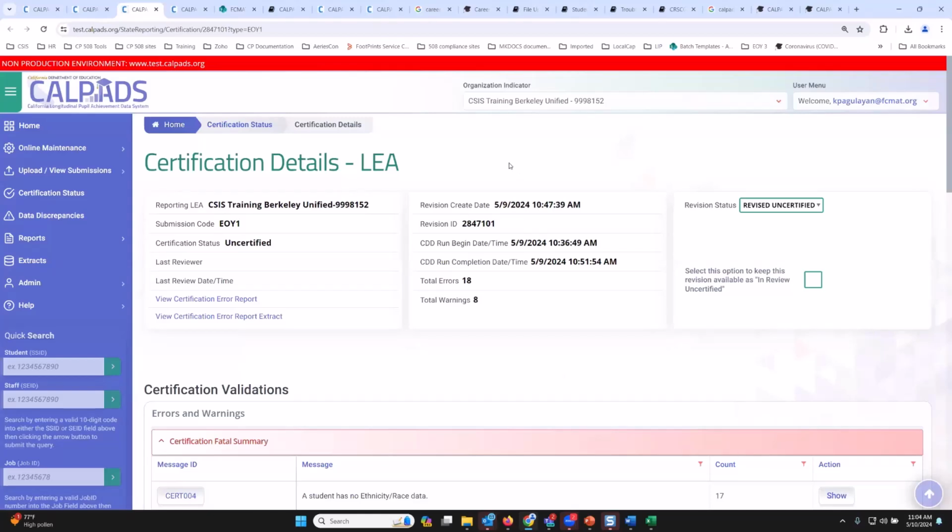The certification details summary section provides you the snapshot created date, the revision ID, and the most recent CDD run that this snapshot has captured, right? And then, of course, this provides you the default revision status that you're in.